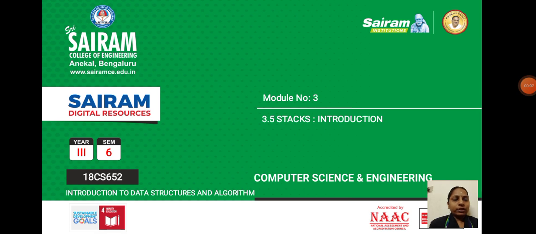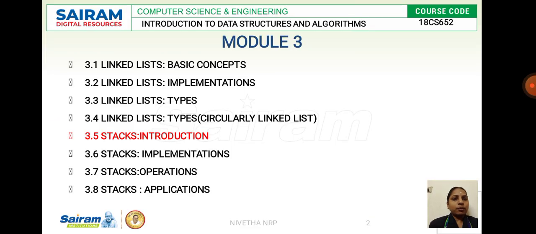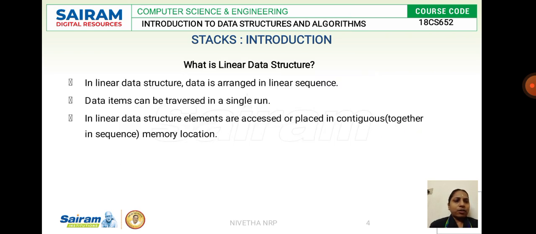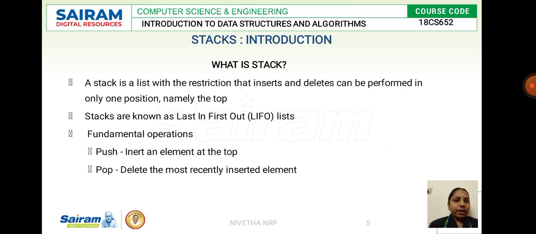Today we are continuing with our third module. Under the third module, we are discussing the second half, which is about stack. We know we classify data structures into two categories: linear data structure and non-linear data structure. We know what a linear data structure is. It is a sequential arrangement of data. We arrange the data in a sequential order to convert that into an application. And in a non-linear data structure, we arrange the data in a random manner.